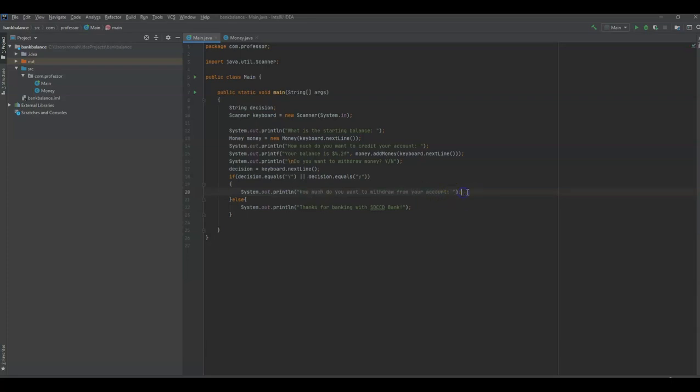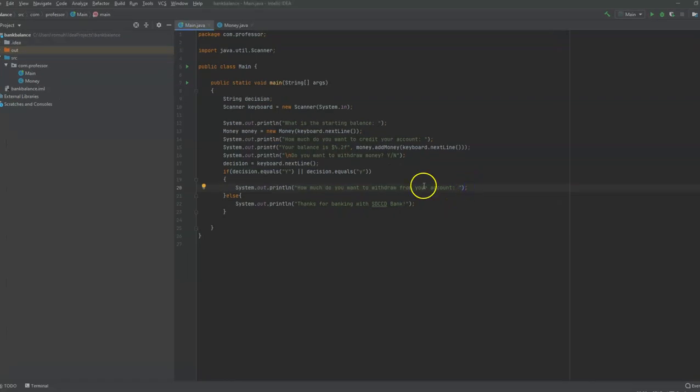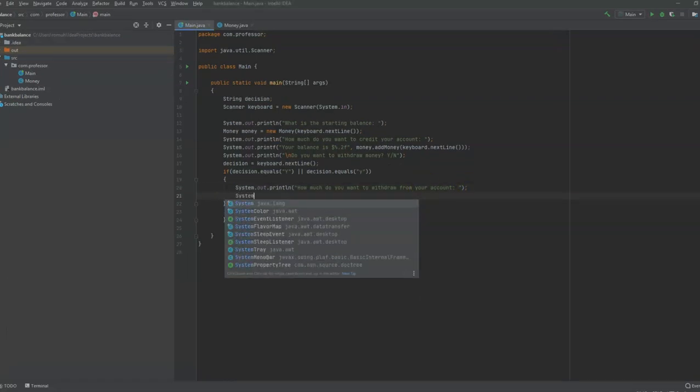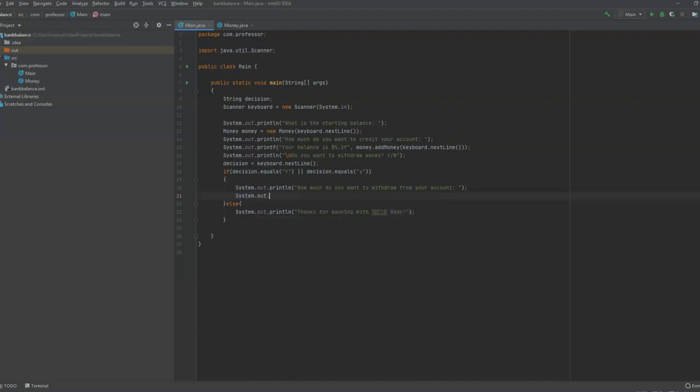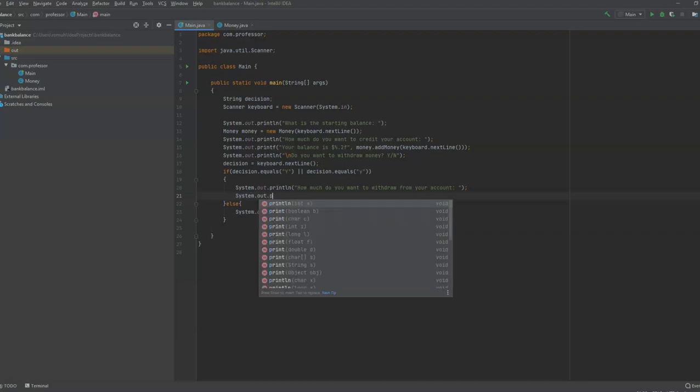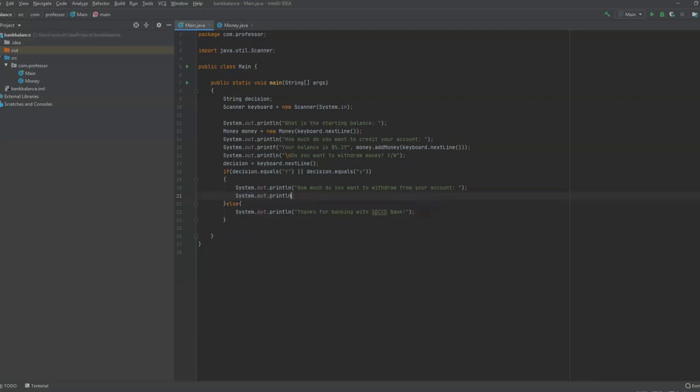All right, and then we can say System.out.print. Actually, we want to print format